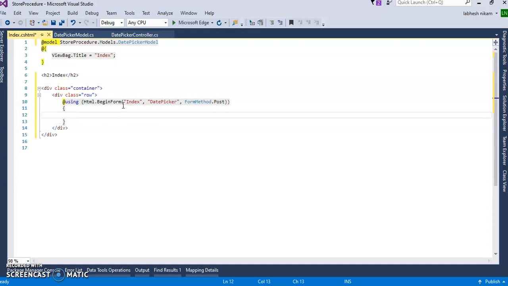And now here we will use a label. So @Html.Label, and inside of that we will pass the lambda expression m => m.DateOfBirth.